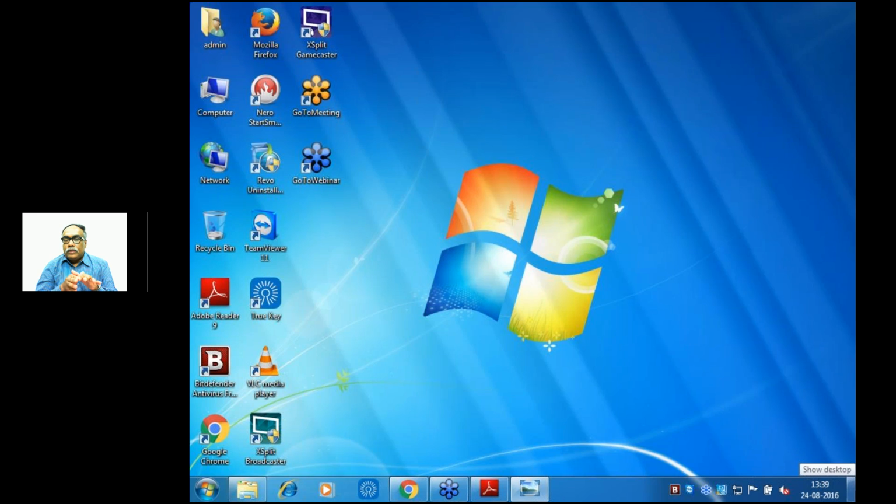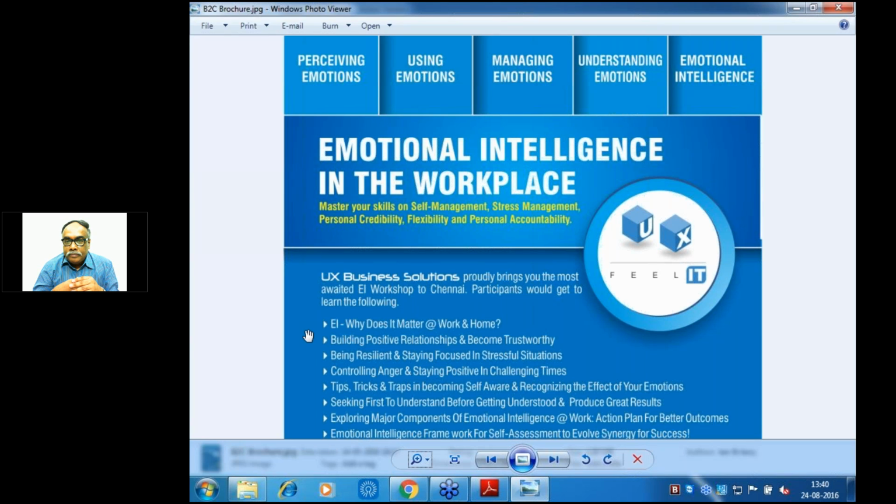So the last but not the least, the emotional intelligence framework, your own self-assessment. I can bet you one thing. You can assess yourself, but when you are only assessing, human ego is normally like this. We try to think we are good at everything. If I ask you, are you good at paying attention to communication, you will say yes. Are you good at oral communication? You will say yes. On a scale of 5, 5 being the top score, you will always say 4 or 5. Are you good at written communication?